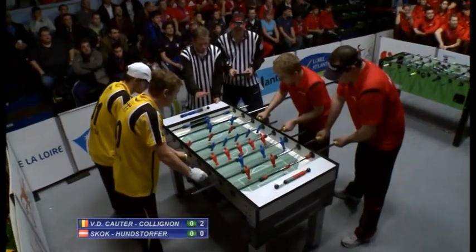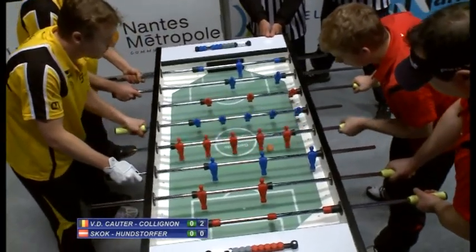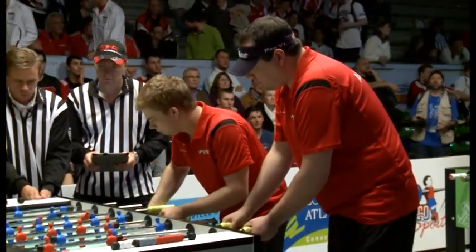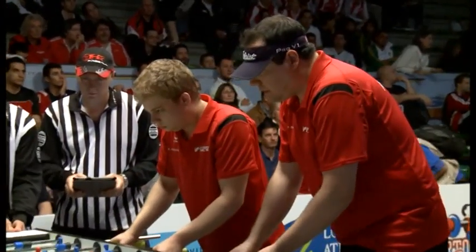You alternate games. It's best 3 games. You must win 3 games out of 5. And you alternate going back and forth between tables. First we'll start on the Garlando, then Leonhardt, then Garlando, then Leonhardt. And the 5th game is divided up between both tables, and the team must win by 2 goals, and HUNDSTORFER